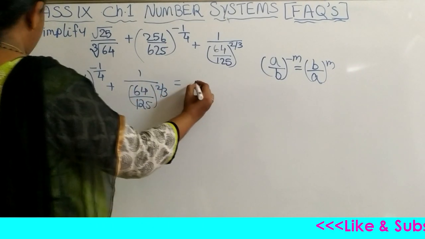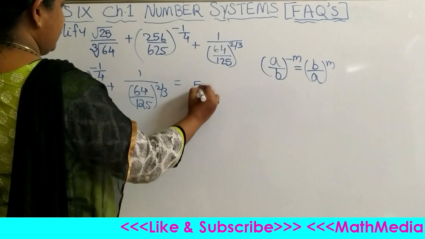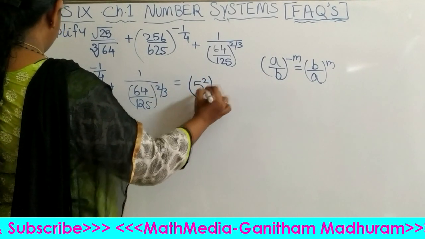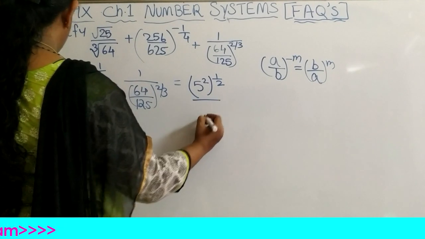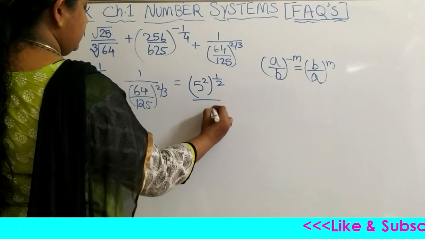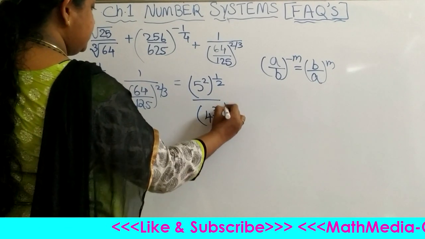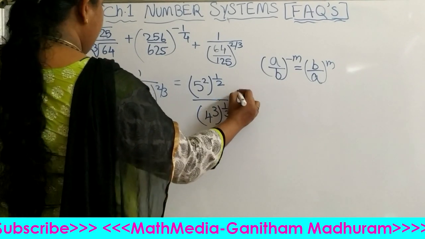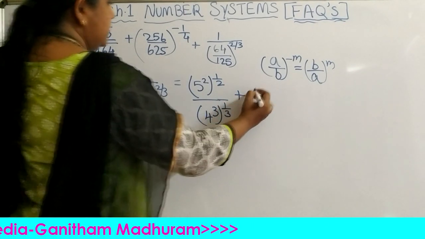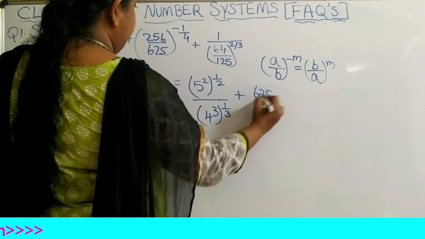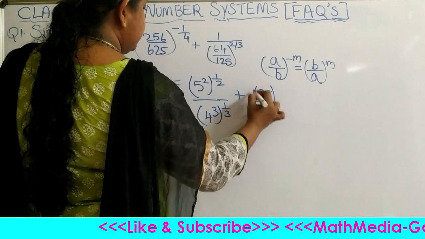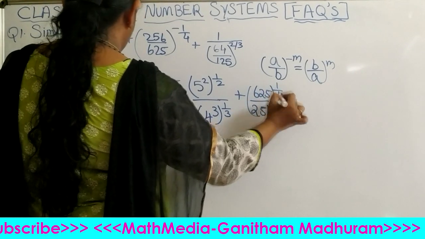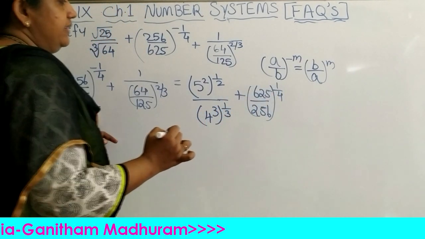So we get (5²)^(1/2) upon (4³)^(1/3) plus, this will become, (625/256)^(1/4). Similarly,